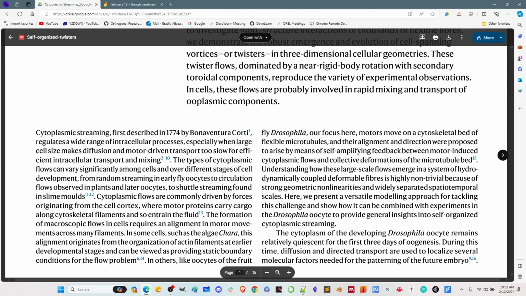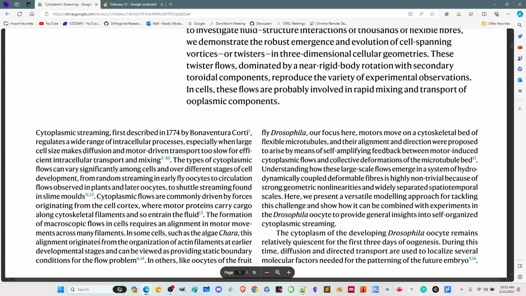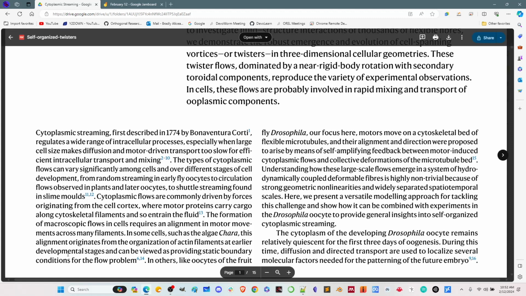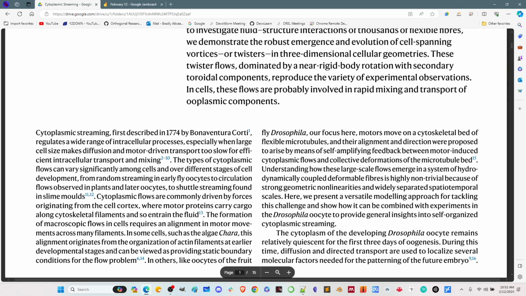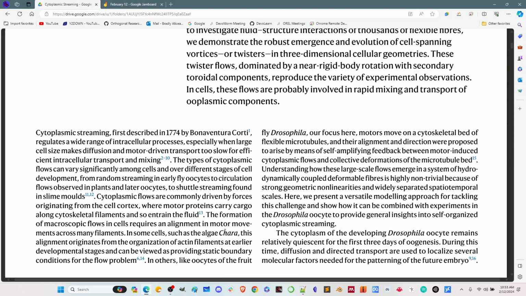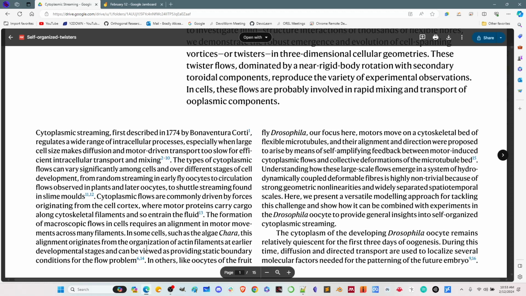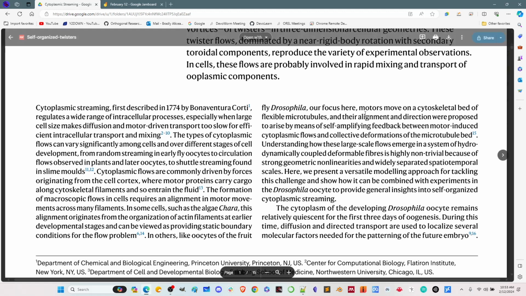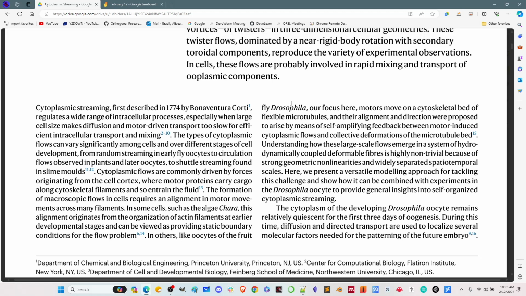The formation of macroscopic flows in cells requires an alignment in motor movements across many filaments. In some cells, this alignment originates from the organization of actin filaments at earlier developmental stages. So actin filaments are organizing themselves in different ways. They expand and contract, and so they act like little muscles moving things. In this model of algae, they have this developmental origin, and it can provide a static boundary condition for the flow problem. In others, like oocytes of the fruit fly Drosophila, which is the one they're going to focus on here,